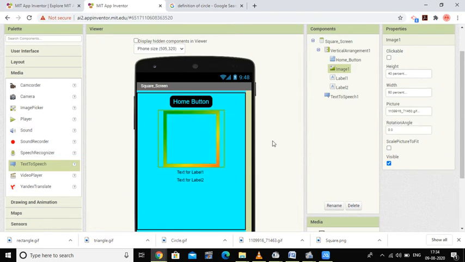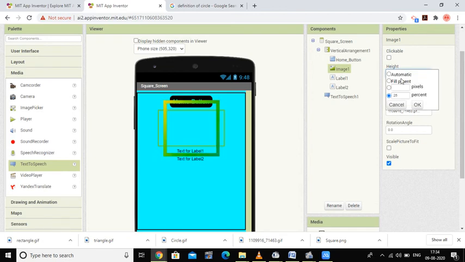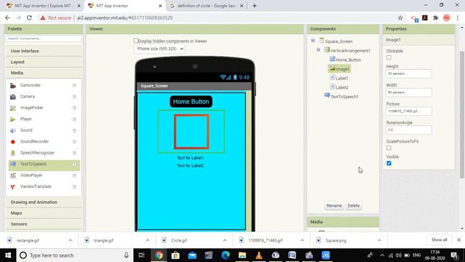See, here I have this square. If you want the height a little less, you can use 25%. The height looks a bit clumsy here, so let's try 30. Yes, 30 is perfectly okay.